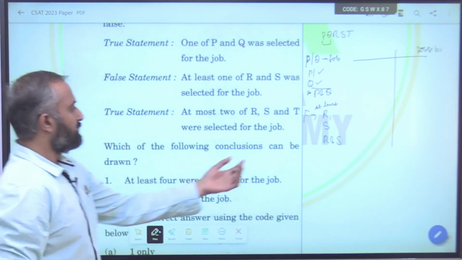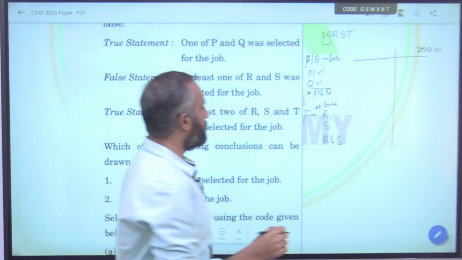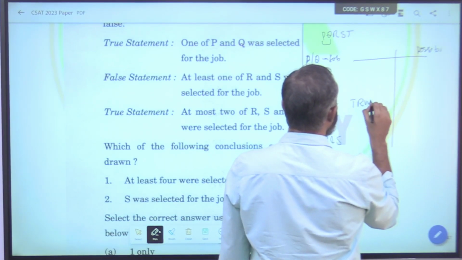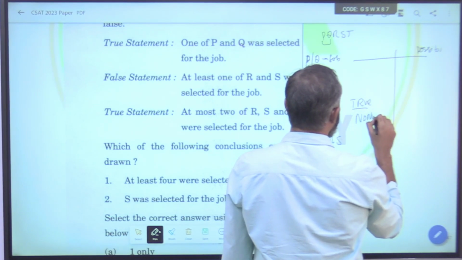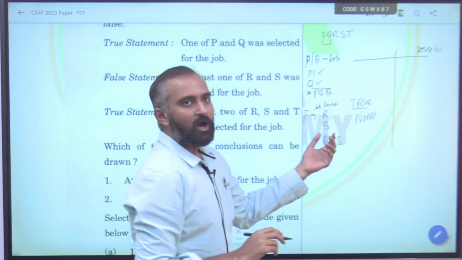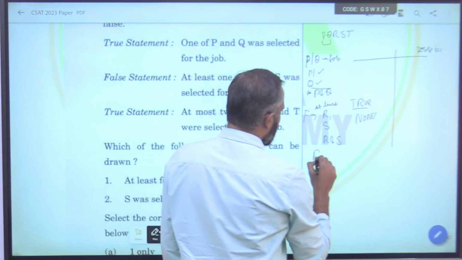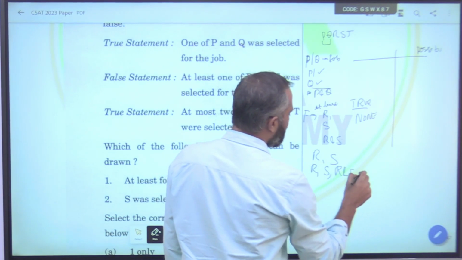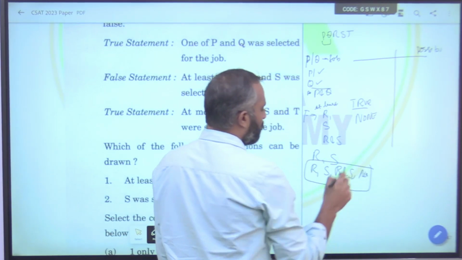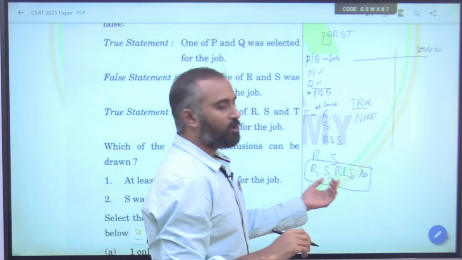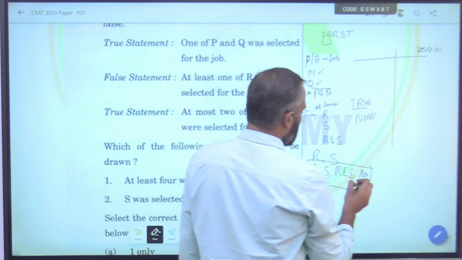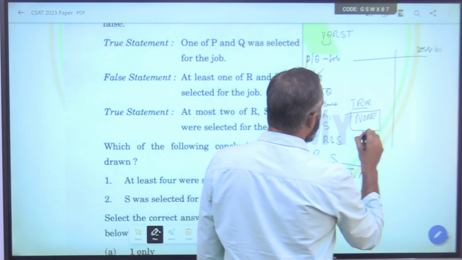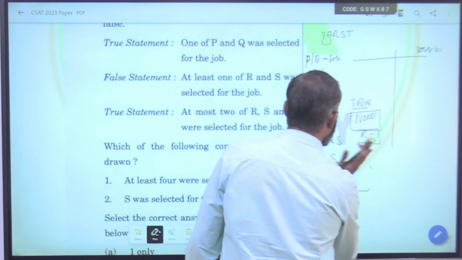So if these all are false, what might be true? The true statement is none of them has been selected for the job. Why? Because how many ways can you select two people? R and S. Either you select R, either you select S, either you select R and S, or you select none of them. These are only the four possibilities that are possible. So, since he is telling that all three are false, it could be none. So, none of R and S are selected. Good. Now, let us go to the